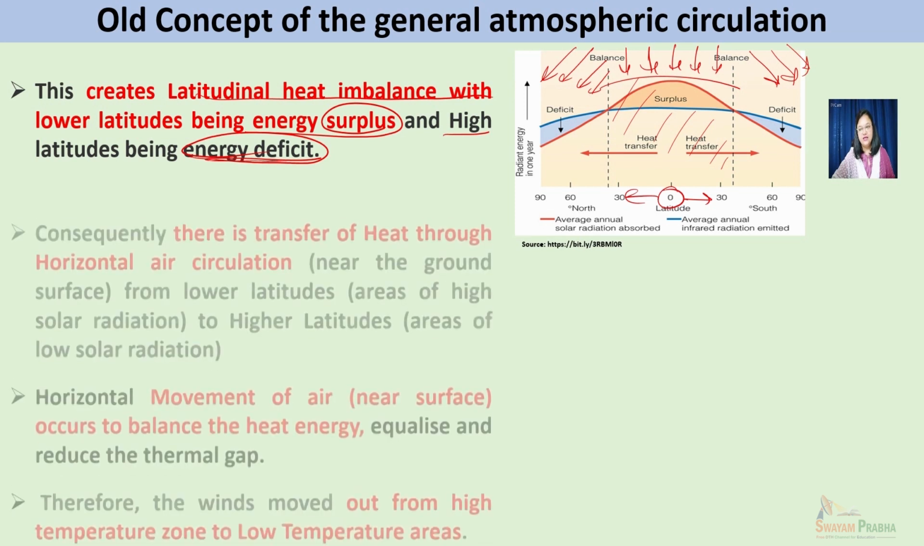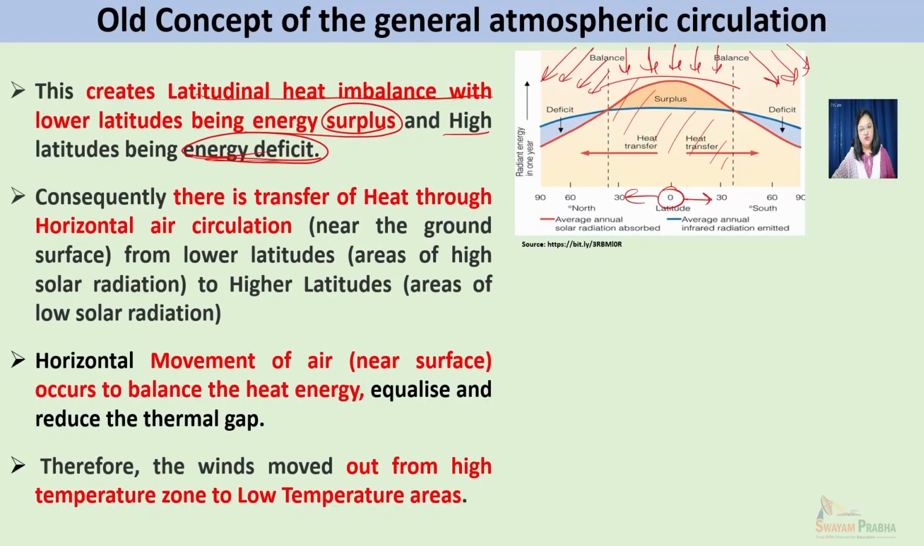So considering this, there is a transfer of heat through horizontal air circulation near the ground surface from lower latitudes towards the higher latitudes in order to balance this temperature variation. So with the limited knowledge about the Earth's atmospheric system and various influencing factors which affect the general atmospheric circulation, only the horizontal circulation component of the air circulation was considered at that point of time when the old concept